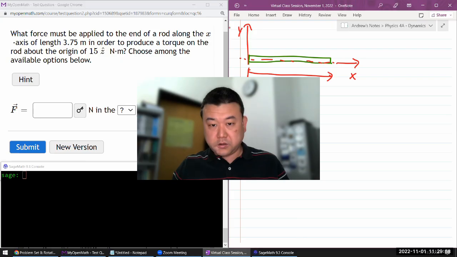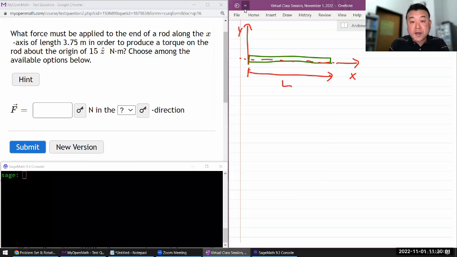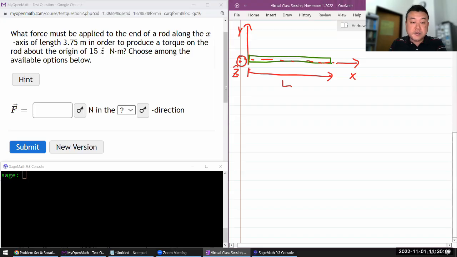So the three-dimensional coordinate axis is defined so that x cross y is equal to z. So the z-axis will be coming out of the board. So what they are saying is they want the torque about the origin to come out of the screen like this. And they're asking, what should be the force? This is where some practice with the cross product helps, because this is the relationship you are using. Torque is given by the cross product of the displacement vector